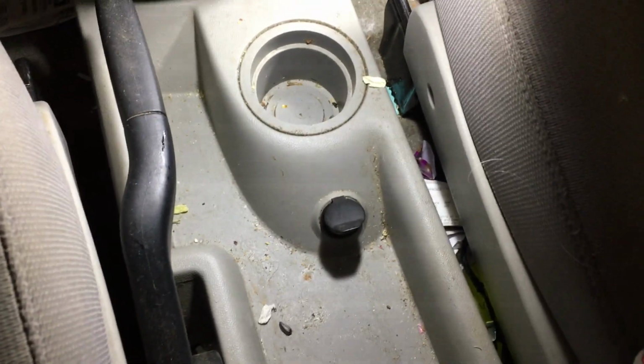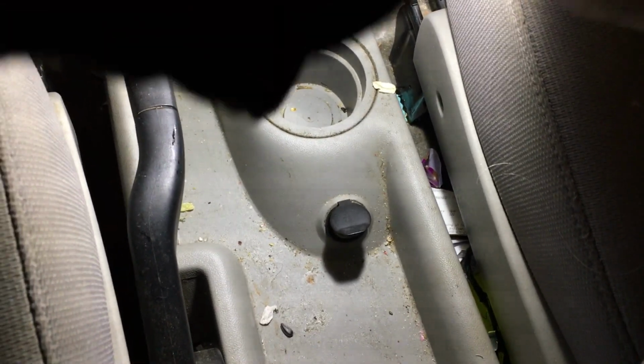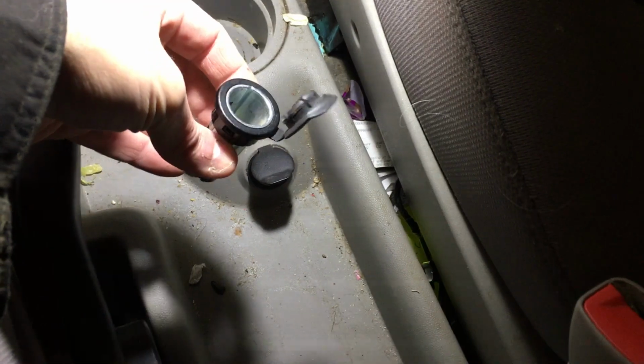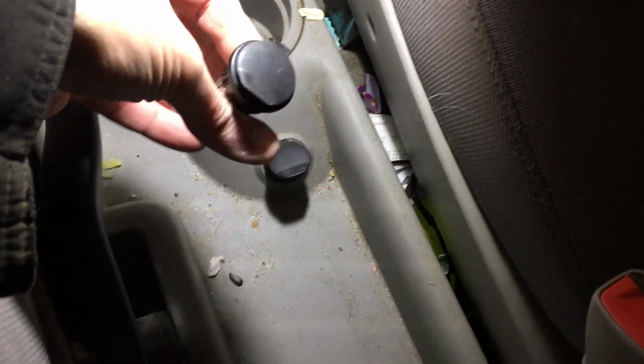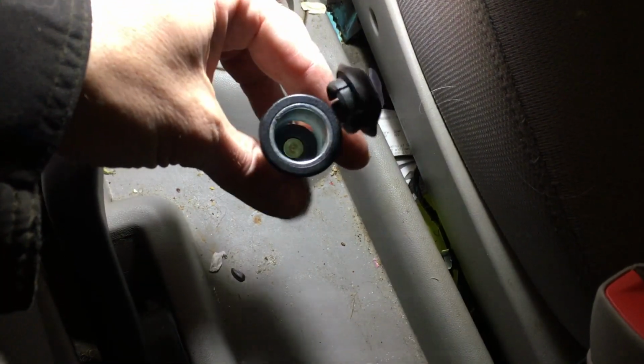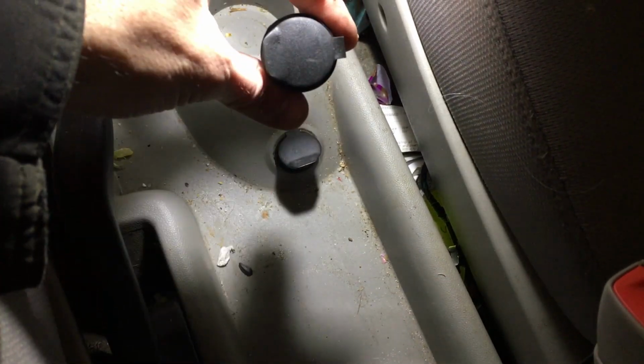So what do you need to do to replace it? Well, first off, you need a replacement part to use. So you can go to your parts store and get one, or we went to our local junkyard, a pick and pull, and found one that had not ever really been used. So it's got the cap on it still. Inside it looks nice and shiny. It's got a new place to plug it. So what we're gonna do is pull this old one out, put this new one in,